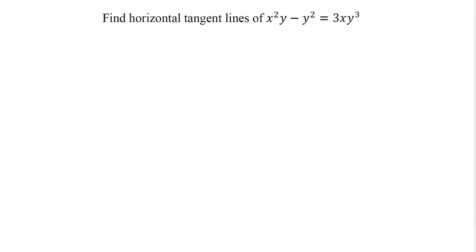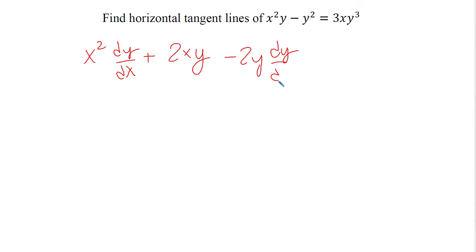Alright, our next one here is going to be just finding horizontal tangent lines. So first thing we'll need to do is take a derivative. So we'll start off with our derivative using the product rule on the x squared y, so that's x squared dy/dx plus our derivative of x squared is 2x times the y, and then we'll have minus 2y dy/dx, and then we'll do another product rule, 3x times 3y squared dy/dx plus